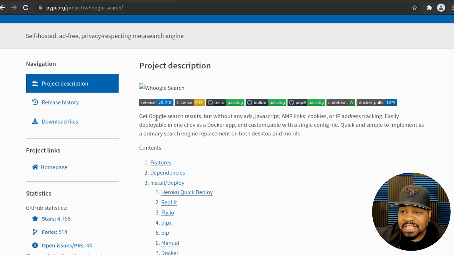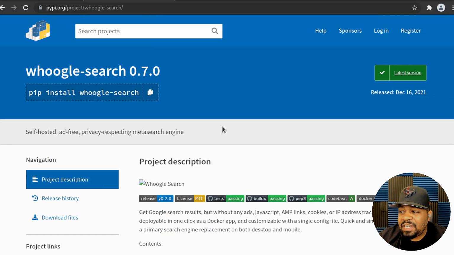This is like the main page for it. You can download files if you need to, but like I said, I'll be using the Docker version. So I'm gonna set this thing up using Docker, because that's the simplest way of actually installing it, especially on